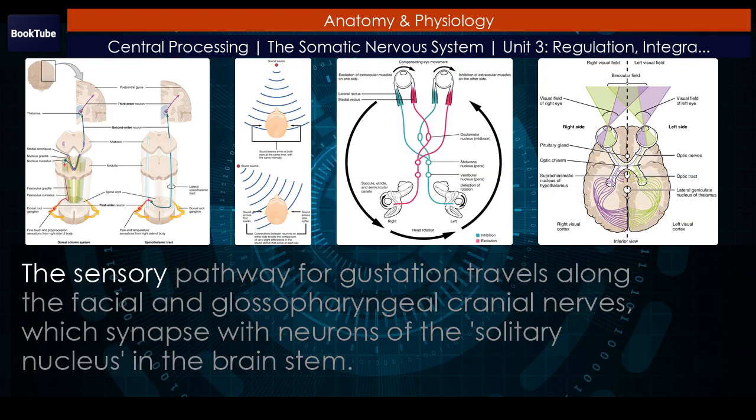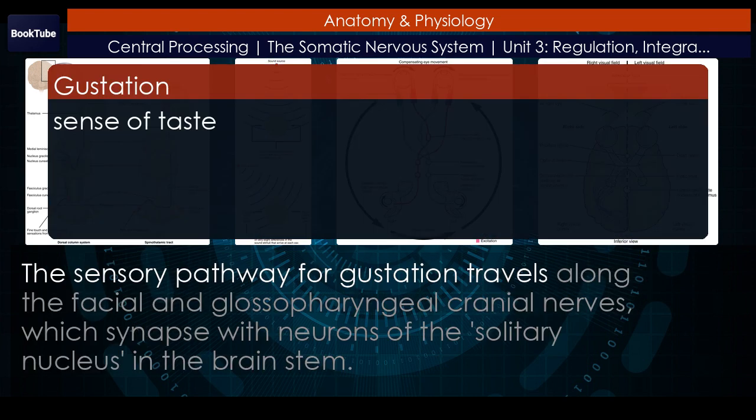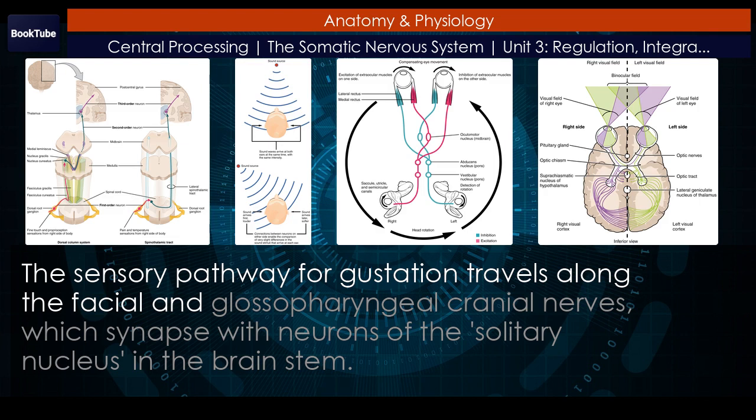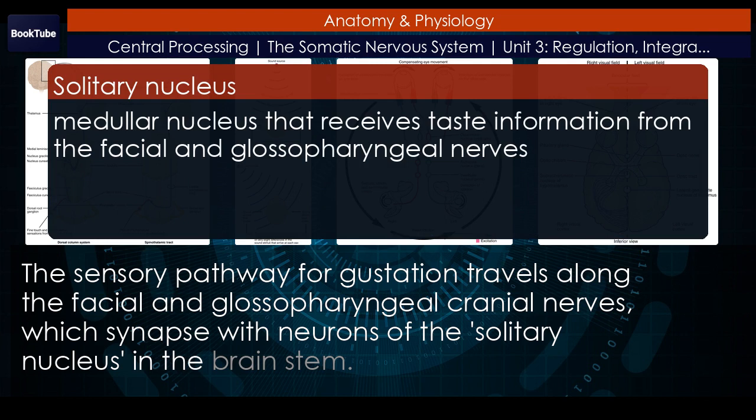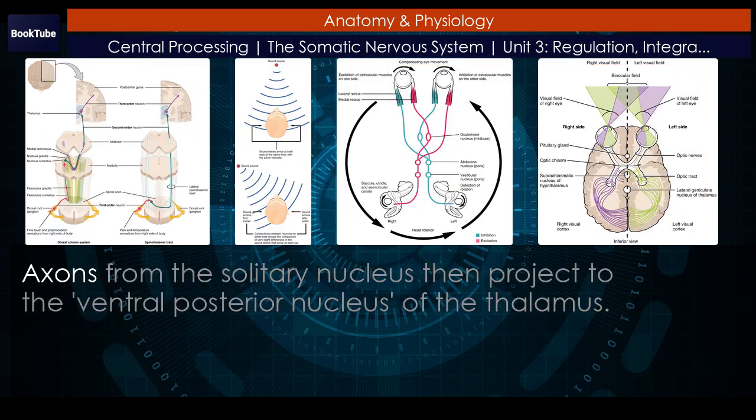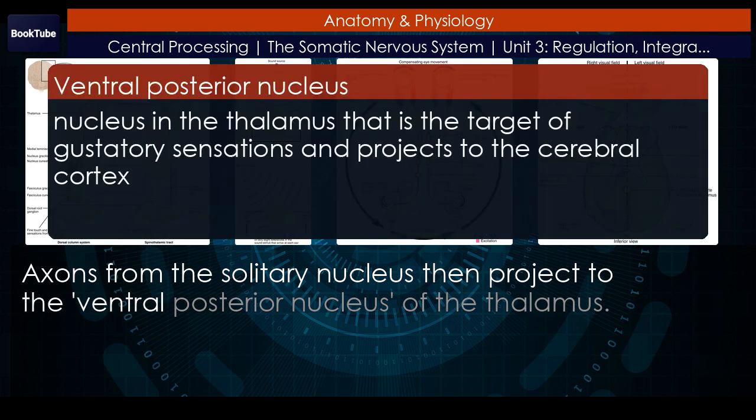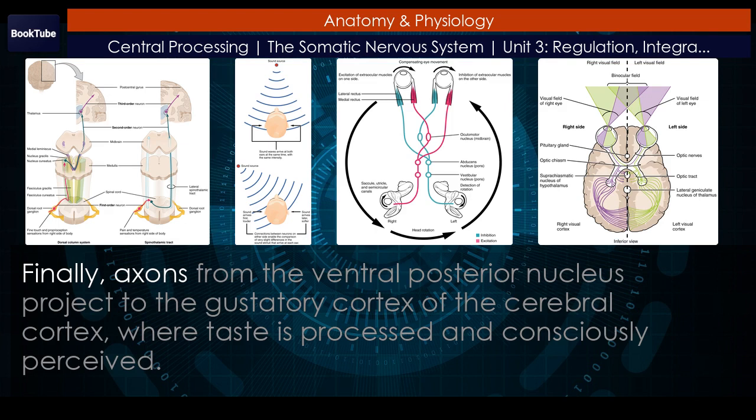The sensory pathway for gustation travels along the facial and glossopharyngeal cranial nerves, which synapse with neurons of the solitary nucleus in the brainstem. Axons from the solitary nucleus then project to the ventral posterior nucleus of the thalamus. Finally, axons from the ventral posterior nucleus project to the gustatory cortex of the cerebral cortex, where taste is processed